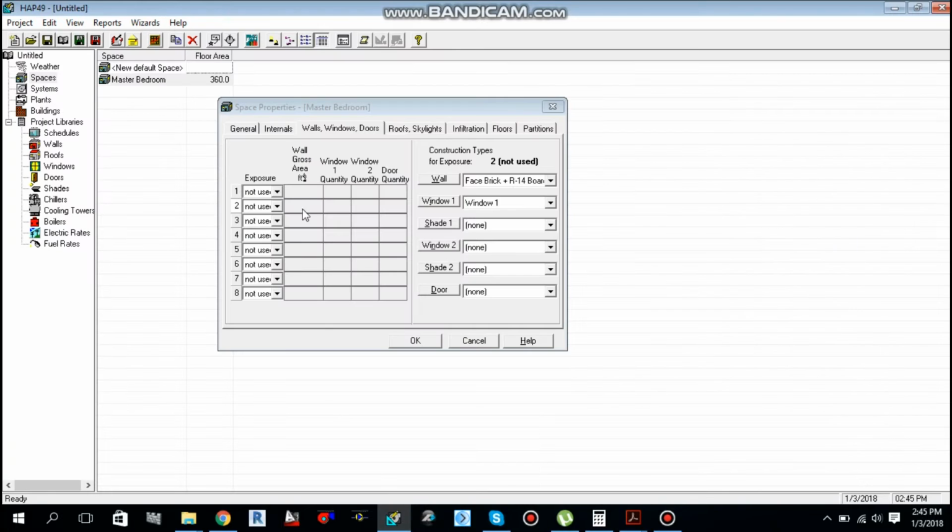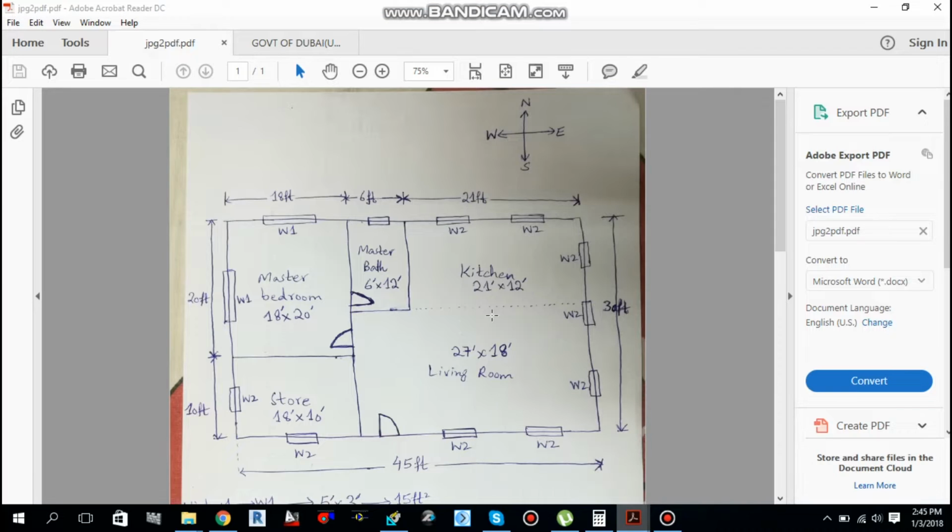So move back to half north exposure, and 225 is the wall gross area, and window 1 quantity is 1. And if you move back over there, you will see another wall that is exposed to sun, and its dimension is 20 feet in length.